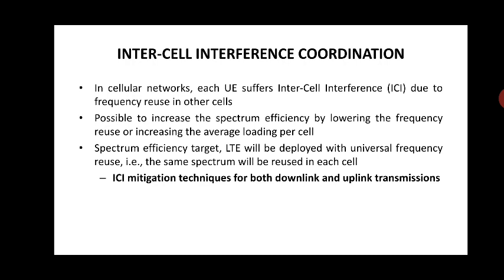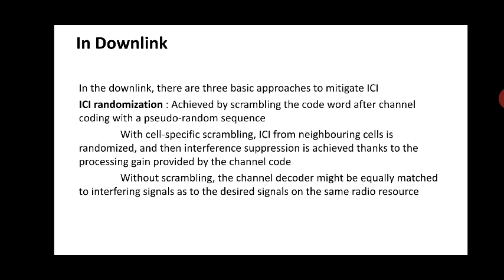Now that is how the noise is caused. We need to minimize this noise in the cell from the neighboring cell. That is, you need to decrease this inter-cell interference from the neighboring cell, and this interference can be from both ends, from the downlink as well as from the uplink transmissions. That means the interference can occur when the user is communicating to the eNodeB tower, or from the node to the user. Now we'll see the downlink.